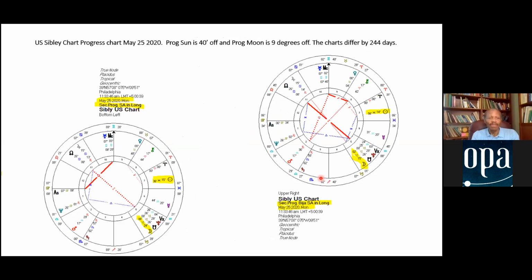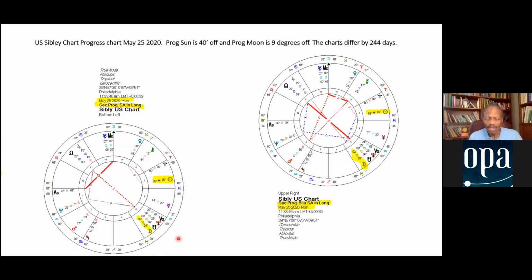Now, this is an example of using the US chart. I chose the Sibley chart. There are 2 popular charts, the 7-degree Gemini rising and the Sibley chart. I just picked the Sibley chart. I don't really have a favorite. And in this particular chart, we notice that the progress sun is off 40 minutes and the progress moon is